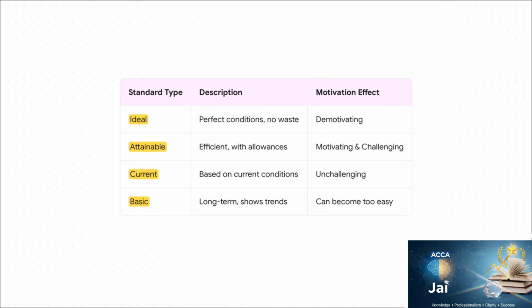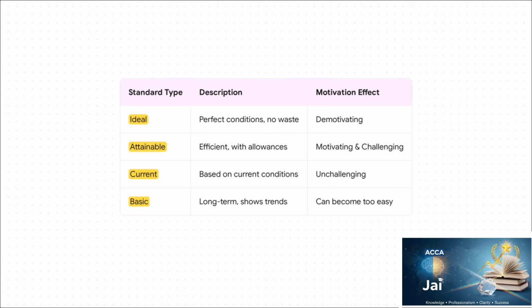But here's the thing, not all standards are the same. You've got ideal standards, which assume absolute, total perfection. No waste, no breaks, no mistakes. As you can imagine, these can be pretty demoralizing for staff because they're basically impossible to hit. The most common type is the attainable standard. This one's realistic. It allows for normal things like breaks and a little bit of waste. It's challenging, but it's motivating. Then you have current standards, which just reflect how things are right now, good or bad, so they don't really push for improvement. And finally, basic standards are old and pretty much out of date, only really used to spot